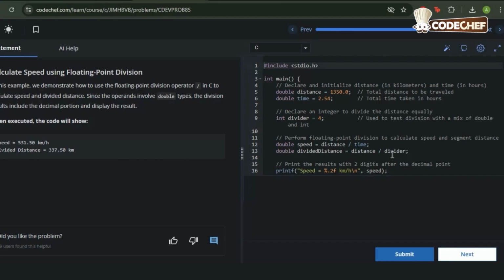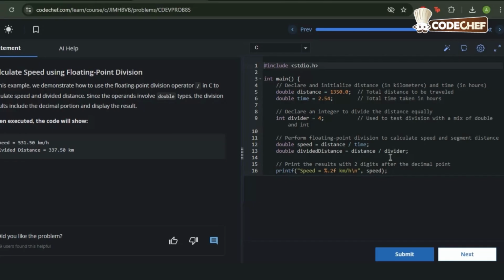So the calculation comes to 1350.0 divided by 4, which is 337.5. Double divided_distance is where the result is stored in a double. The divided distance contains 337.5. This demonstrates an important rule: if at least one operand is a decimal type, you get floating point division.